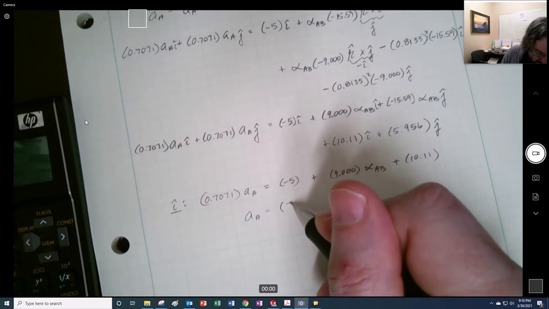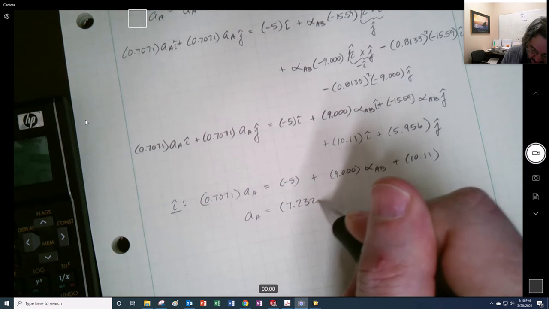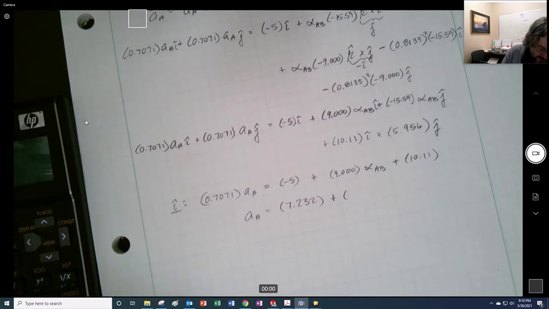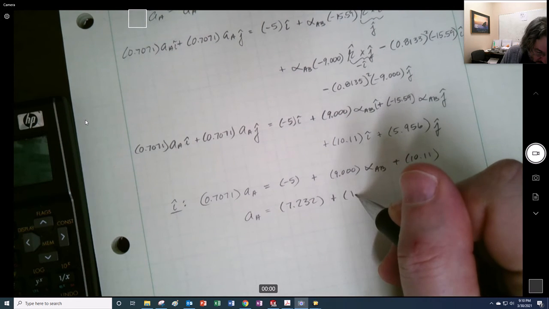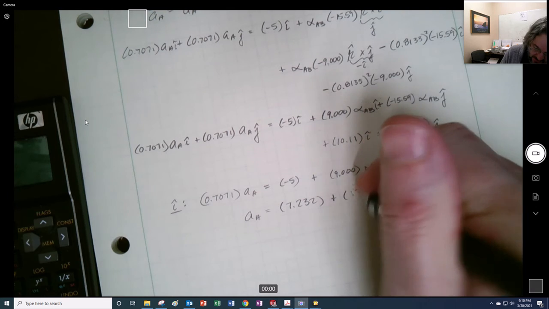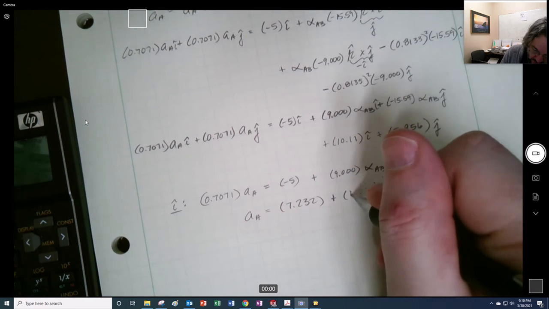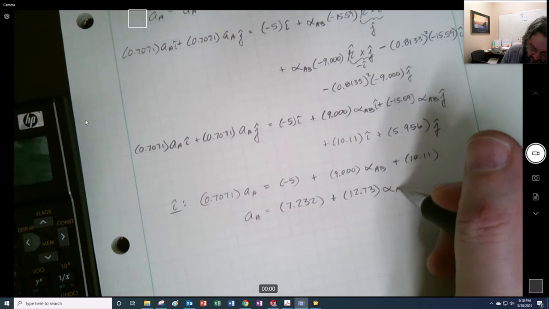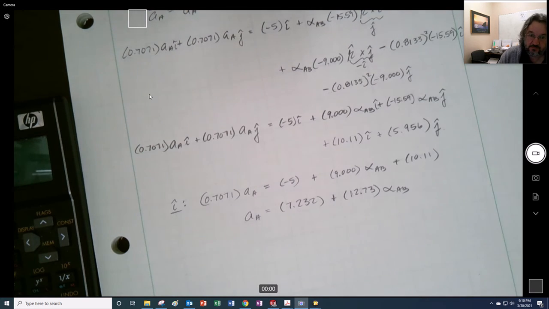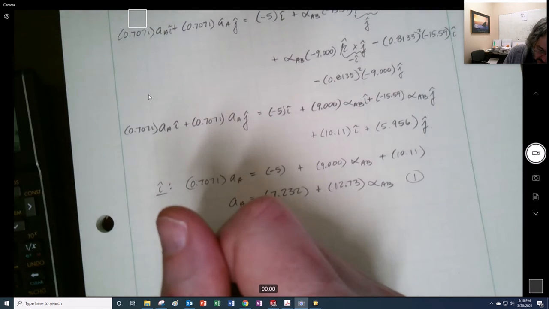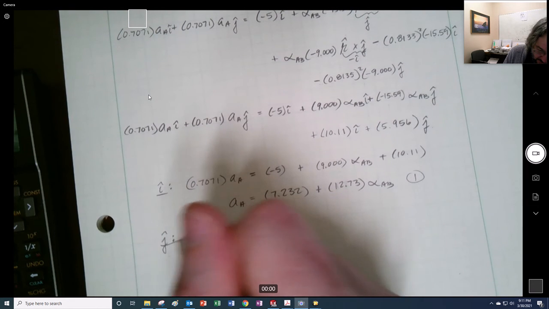And I'm going to get 7.232. And then I take 9 and divide it by 0.7071, it should get larger: 12.73 alpha AB. So that's equation 1. And then J,